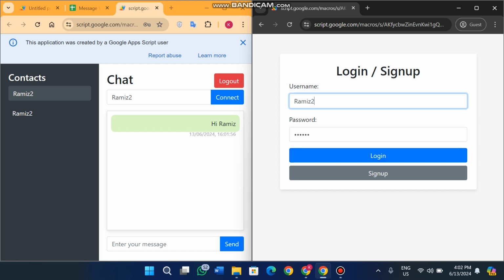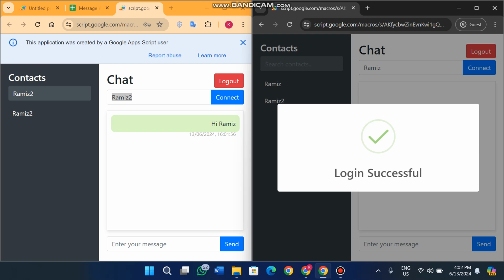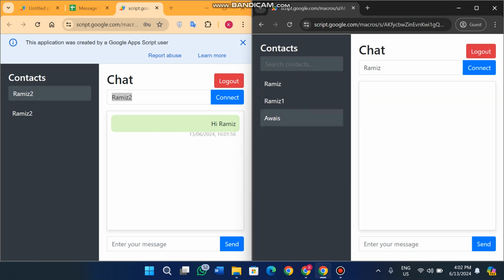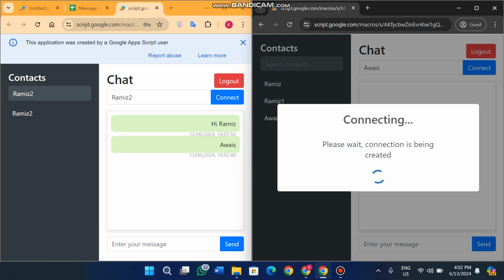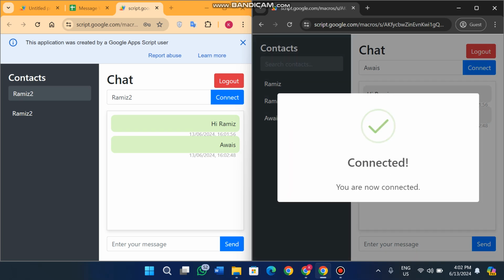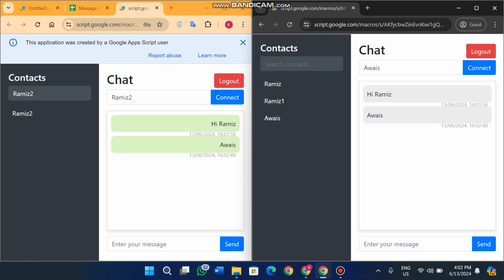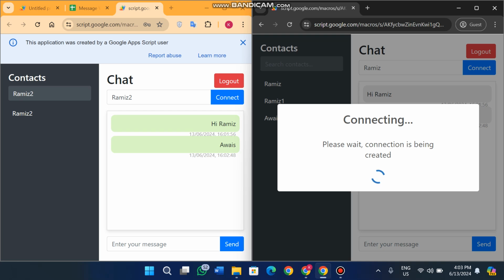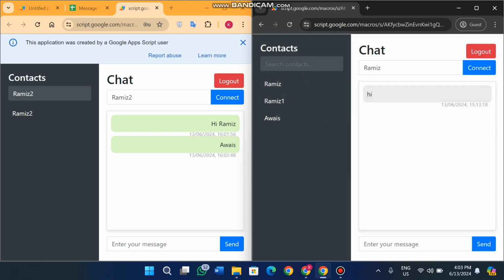So here I am going to log in as Ramesh 2 because I am connected with Ramesh 2. So I just click on the login. Actually this user is Avas and this user is Ramesh 2. So I want to chat with Avas. When I click on Avas, you can see Avas sent me 2 messages. And meanwhile, if I want to connect to other persons like Ramesh, you can see here only